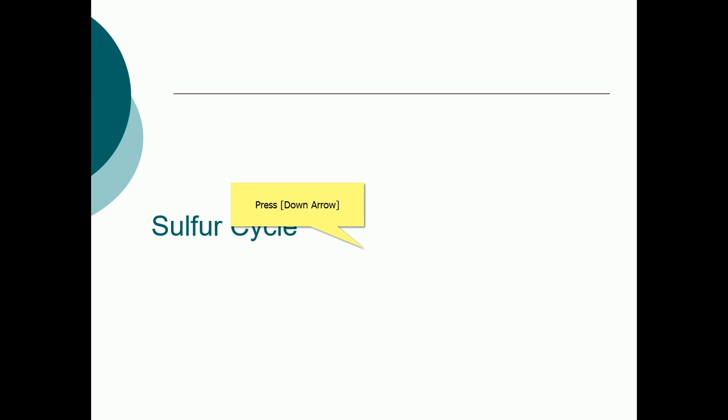And the major reservoir of sulfate is the lithosphere. It is stored in the form of gypsum or pyrite, just like we mentioned in the case of the phosphorus cycle, that phosphorus is stored in phosphate rock in the form of apatite. So also